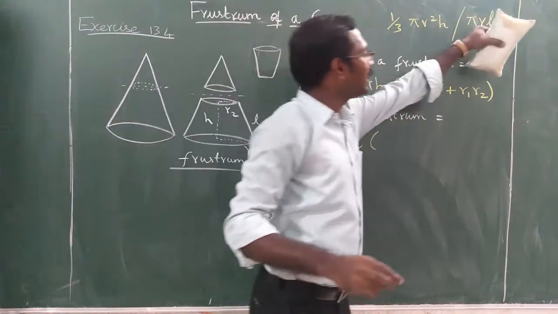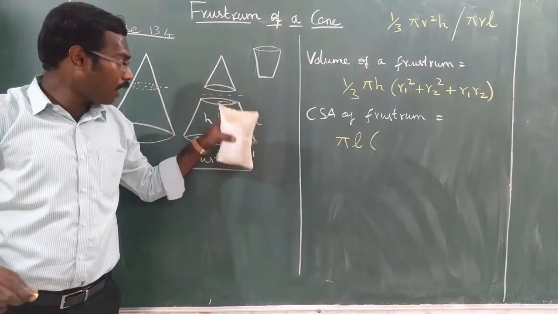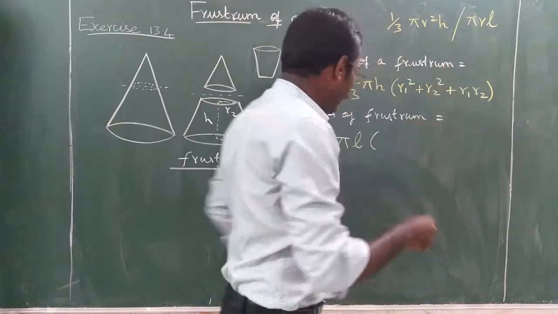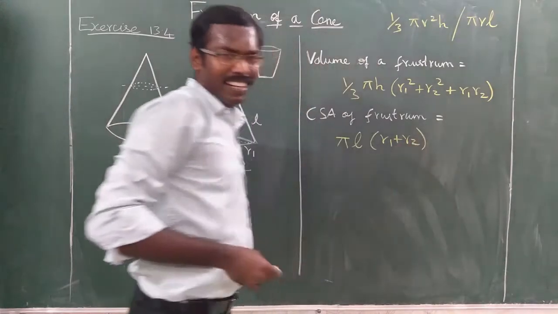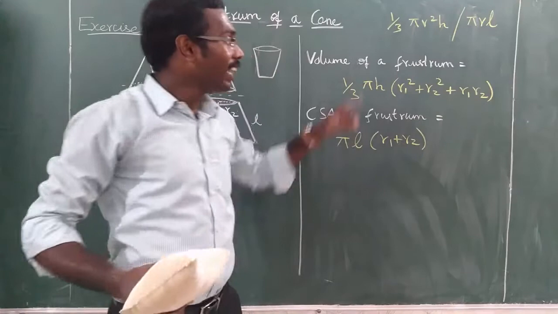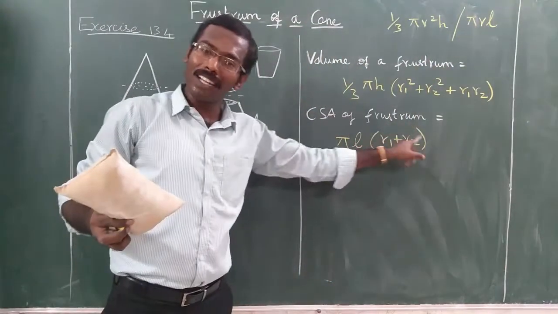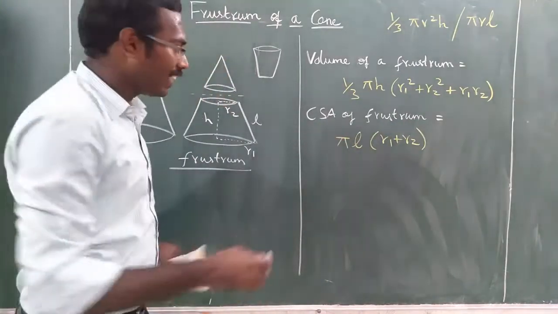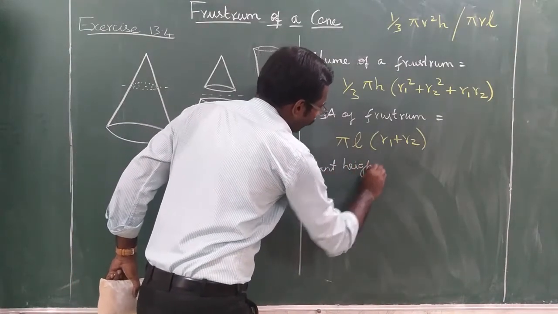But instead of this single radius, how many radius are here? Two radius are here. R1 and R2. Yes or no? So instead of writing R, we will write two radius now. R1 plus R2. That's all. Easy to remember, na? It is almost derived from the volume of cone only. Instead of the R, we are writing two radiuses here. So we are writing R1 plus R2. Clear? Similarly, this L is the slant height, na? Slant height also formed like that. Slant height L.